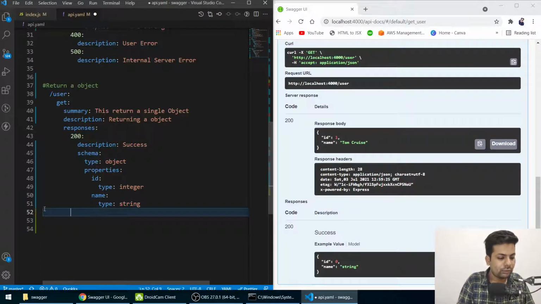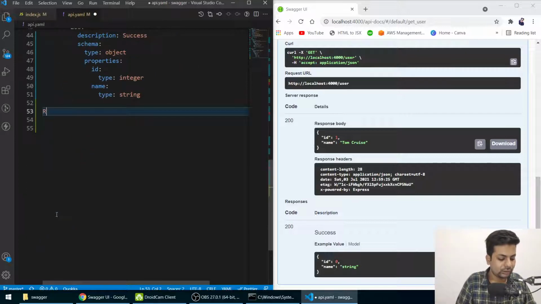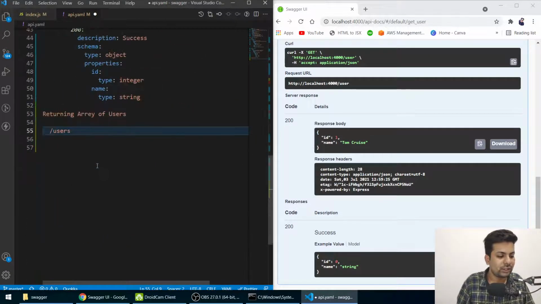Now we want to return an array of users. So what will be the path? I'll say slash users. It is slash users, the s is there. And then, same thing as what we used to write, there will be a get request and the summary